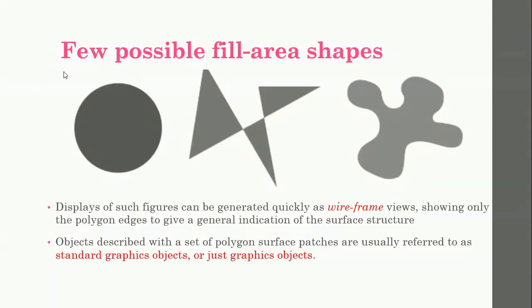Here you have certain shapes. All the shapes are filled with solid color, so you can say they are solid color fill areas, all with certain boundaries. You can see the boundaries here. In the first diagram, it is a circular fill region. The next diagram is a fill area bounded by a closed polygon line. This is a normal triangle, but not a complete one, with a line here also. So this is a polygon.